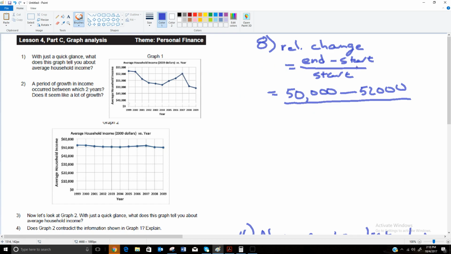So end was 50,000. It started at 52,000. So we're going to put 52,000 under here. Now this is going to be a little unusual because on top we're going to get negative 2,000. So it dropped $2,000 from 52,000. So as a relative change, if we take 2,000 and we divide it by 52,000, that gets us,